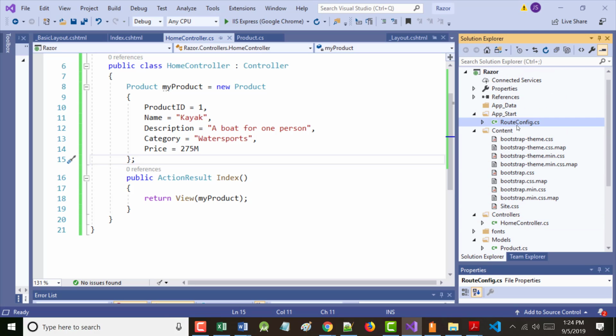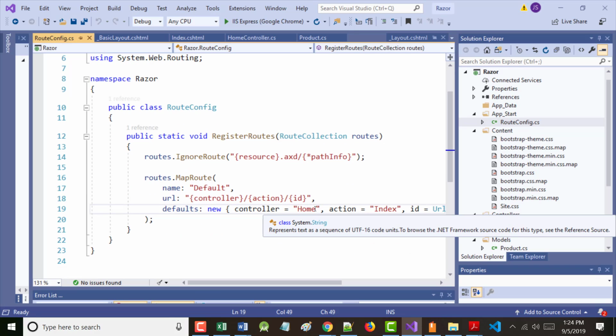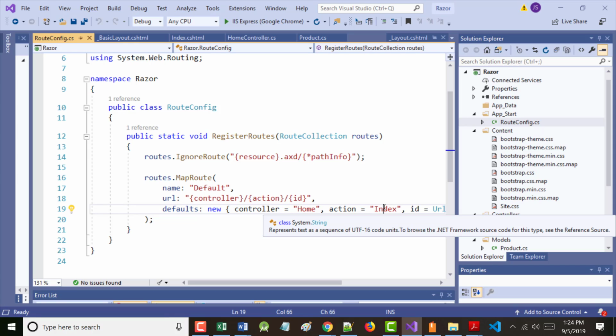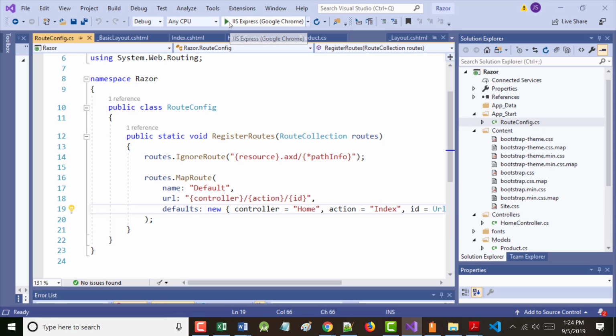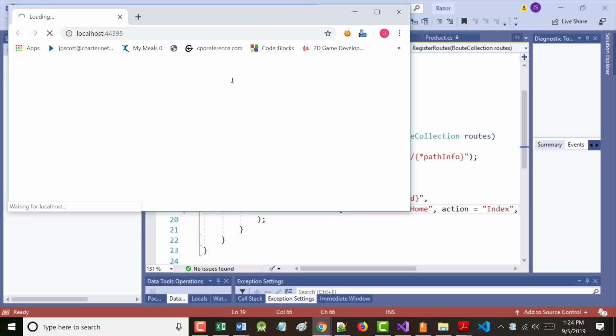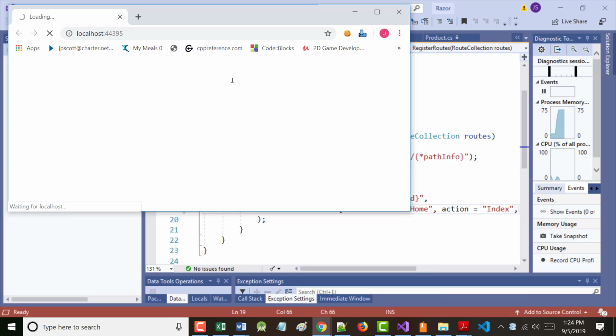In my app start, since I've got a home controller, if I just tell it to run, it should run the index method, which is where I am anyway. So I should be able to just run this. It should again say kayak, but it should look a lot more classy, so to speak, than it did earlier.